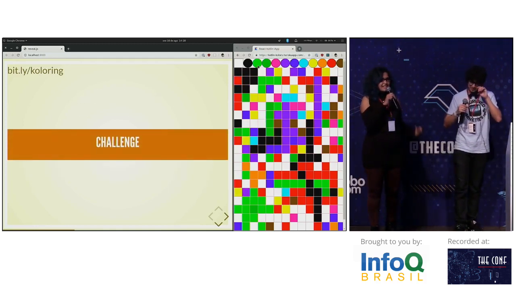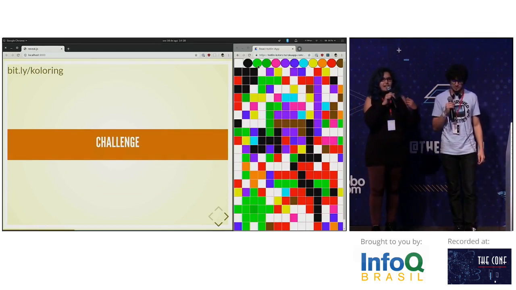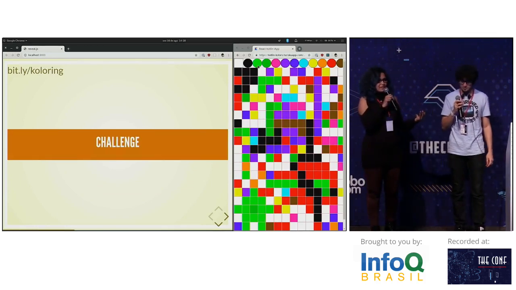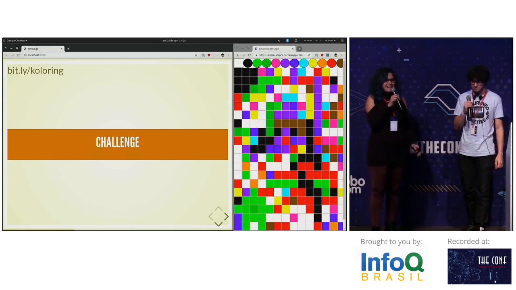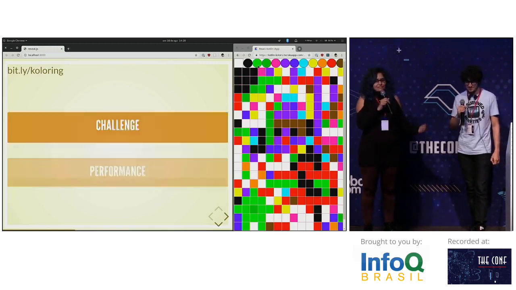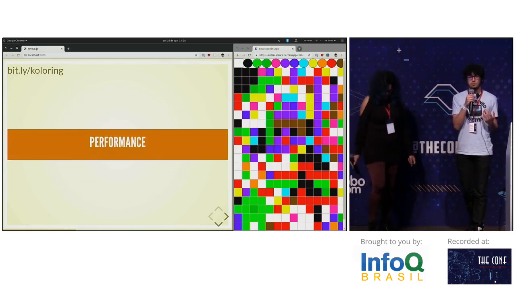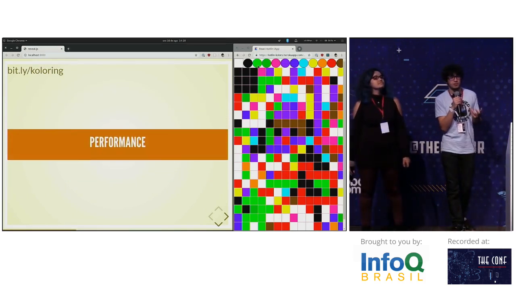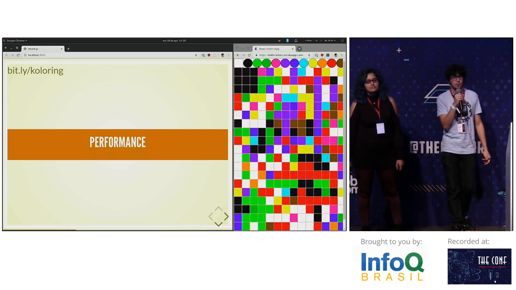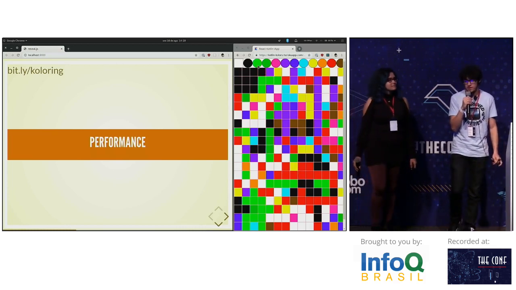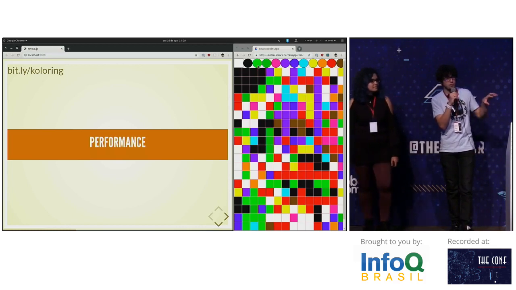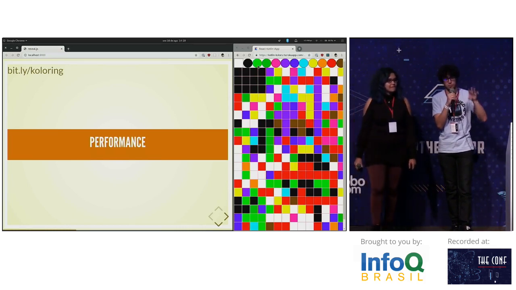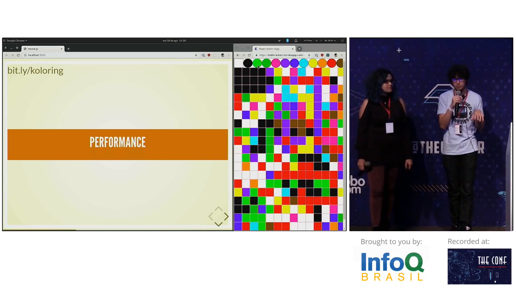So the first thing here is the challenge for us, because I didn't know anything about Kotlin when I started this, and now I like Kotlin, kind of. We also wanted to test the performance of the new coroutines API that's from Kotlin 2.1, I guess. So we want to try to avoid all the other performance bottlenecks and focus on the performance of that while we develop the app.